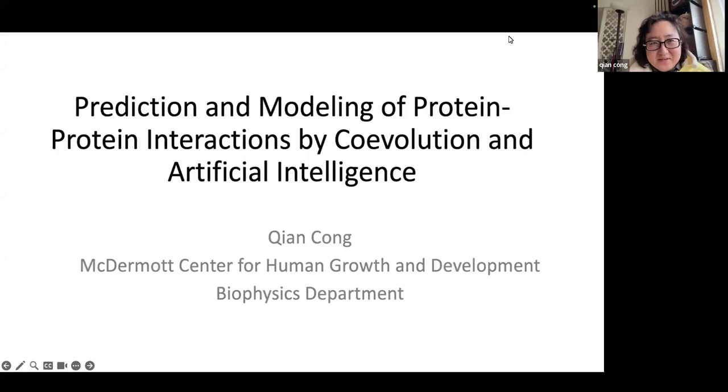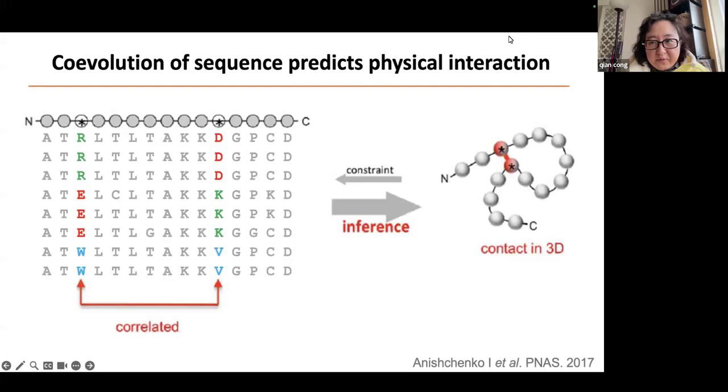interested in using machine learning to solve all different kinds of biological questions. So I work on using both artificial intelligence and the so-called coevolution to study protein-protein interactions. Before I start, I want to give you some general background about what coevolution is, for